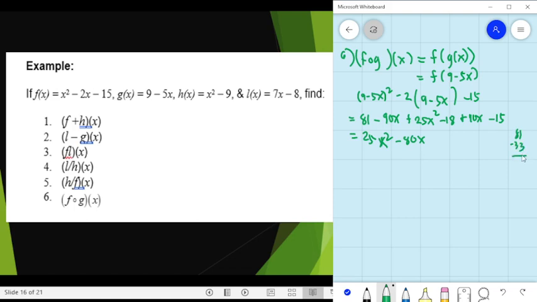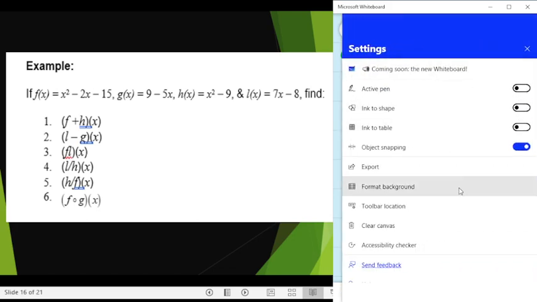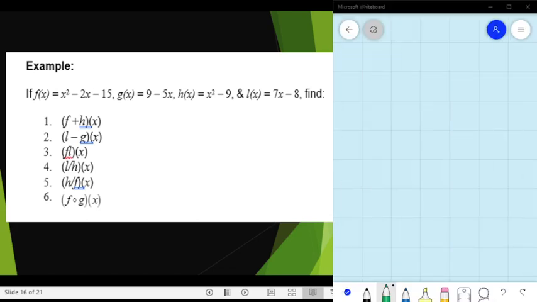So 11 minus 3 is 8, then 7 minus 3 is 4. So therefore, this is positive 48. So the answer for number 6 would be 25x squared minus 80x plus 48. Okay, let's proceed to